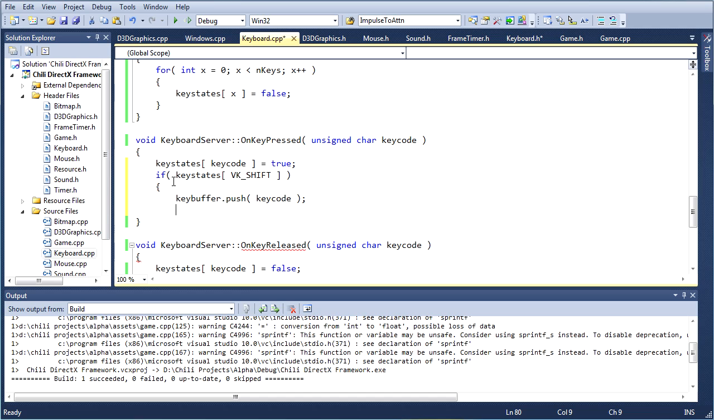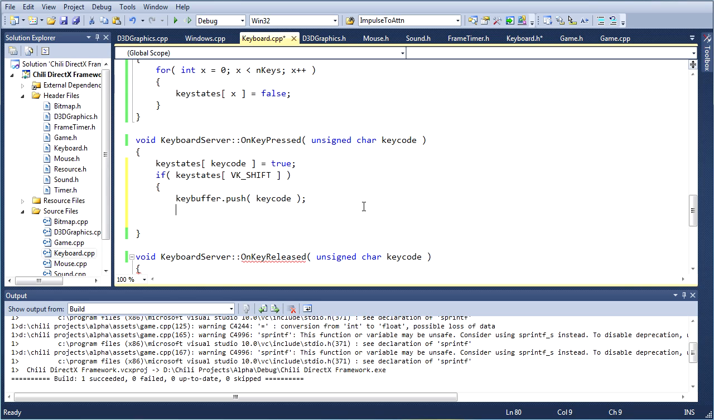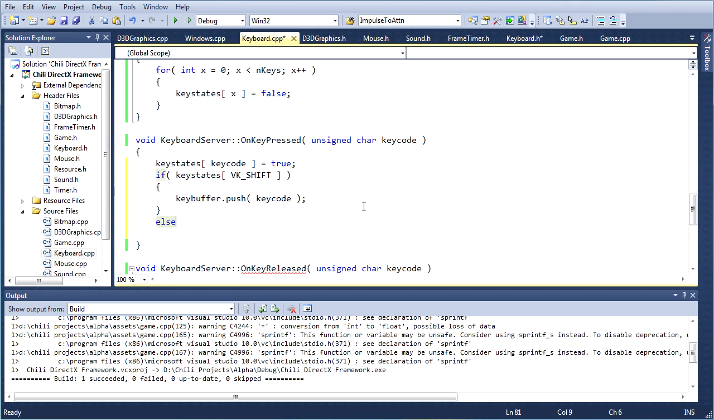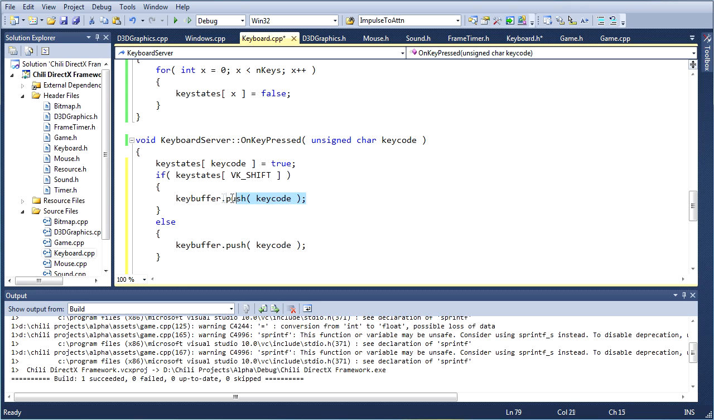Okay, so if shift is being pressed, then we gotta do stuff. You hear me? We gotta do stuff. Else, we don't gotta do stuff, so we just do this. Okay, so if shift is being pressed,